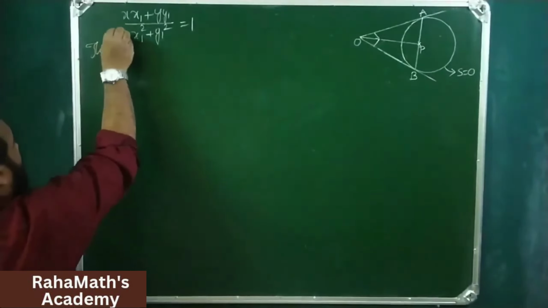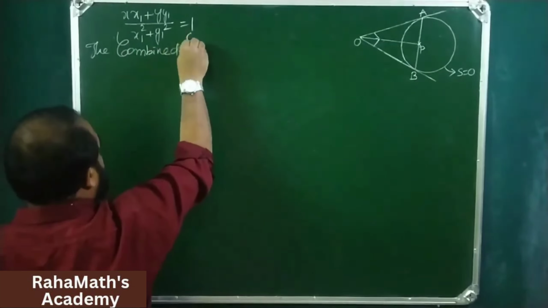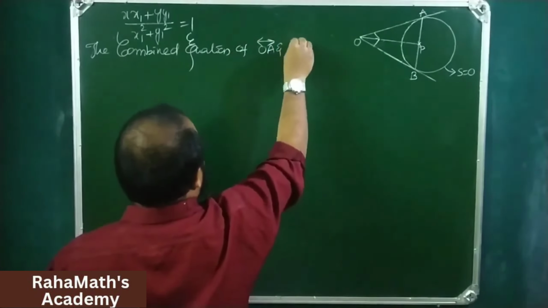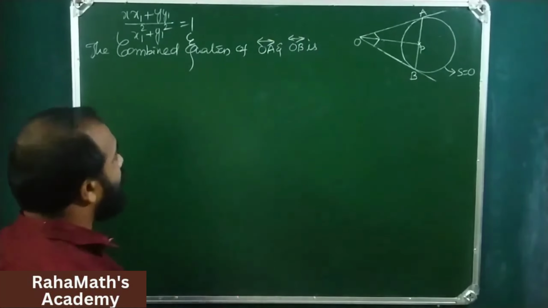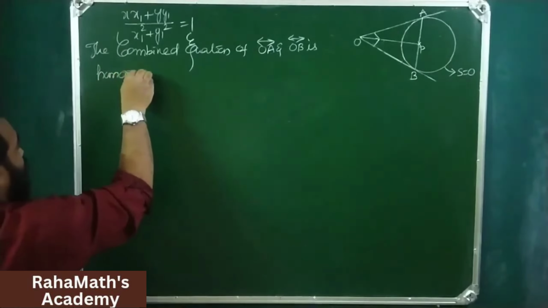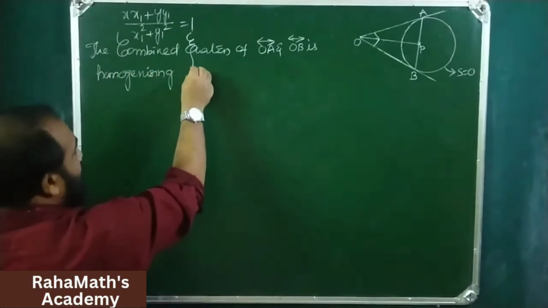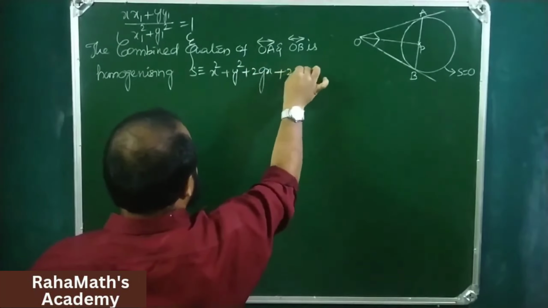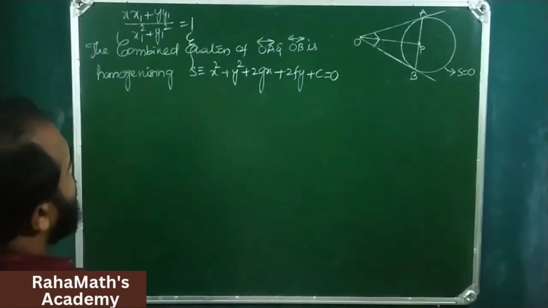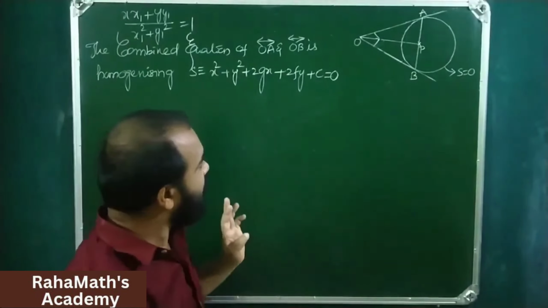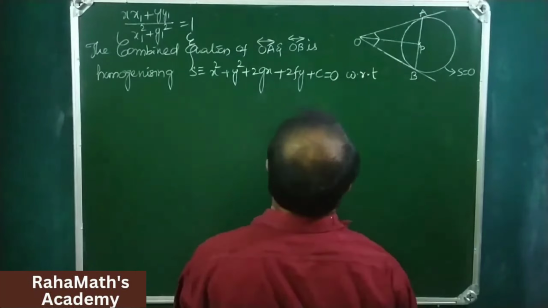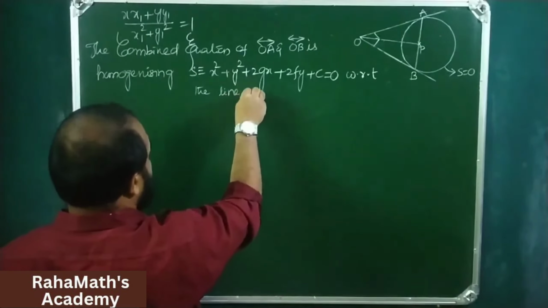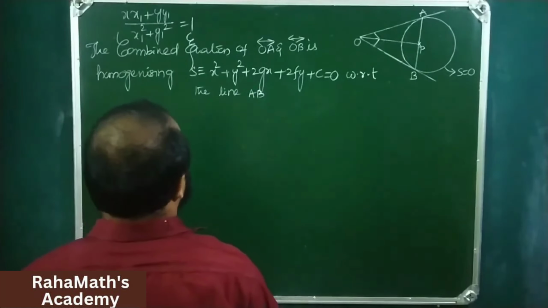The combined equation of OA and OB is homogenizing S: x square plus y square plus 2gx plus 2fy plus c equals 0, homogenizing the second degree non-homogeneous equation with respect to the line AB is,